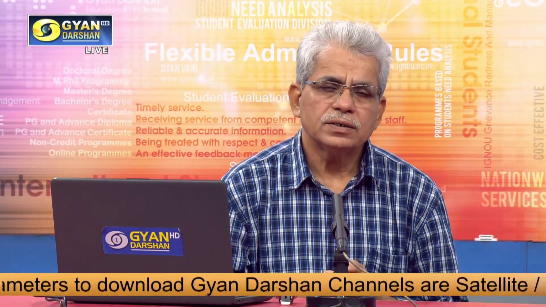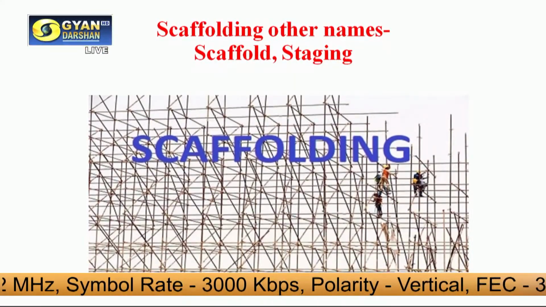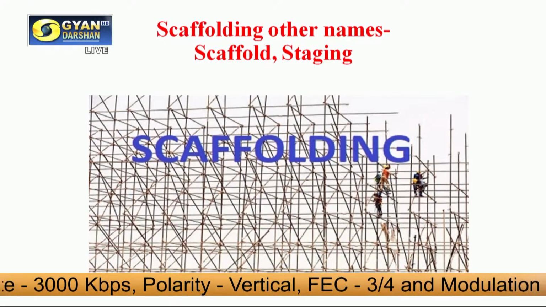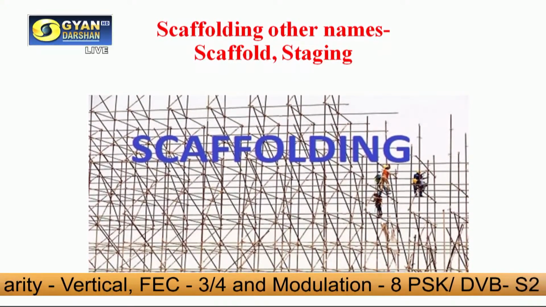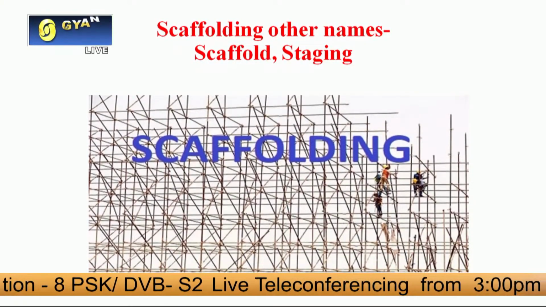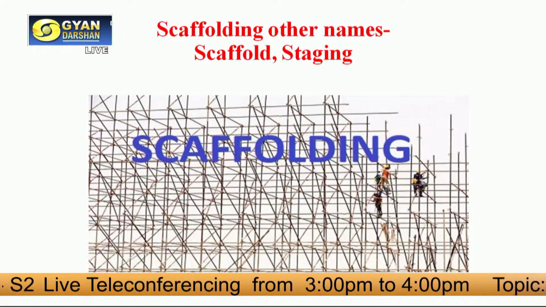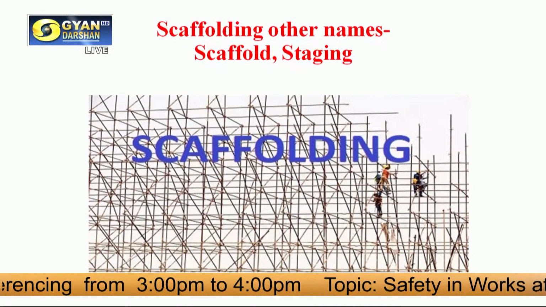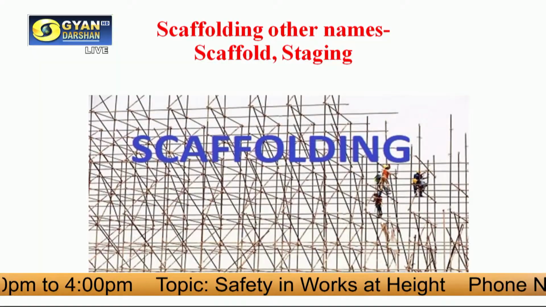As I told you, when workers are working at height, they need some platform to work, and this platform is provided by the scaffolding. You might have come across such a network or mesh when passing by a construction site. This network of horizontal and vertical members is basically called scaffolding. The purpose of this scaffolding is to provide a proper platform to the workers who are working at height.